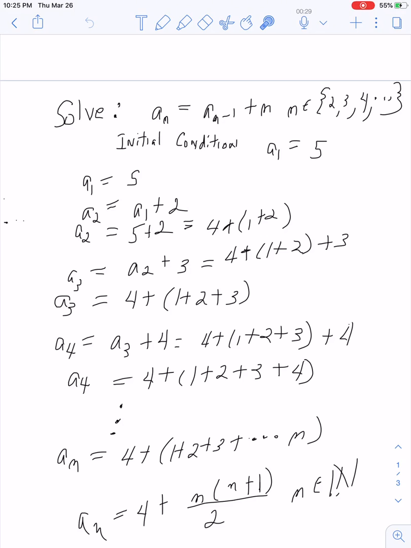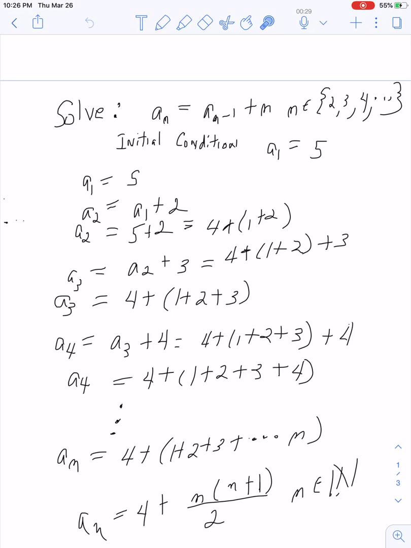Now this 3 came from the same place as this 2. It came from n up there. So now I'm going to group those together, and I get a sub 3 is 4 plus 1 plus 2